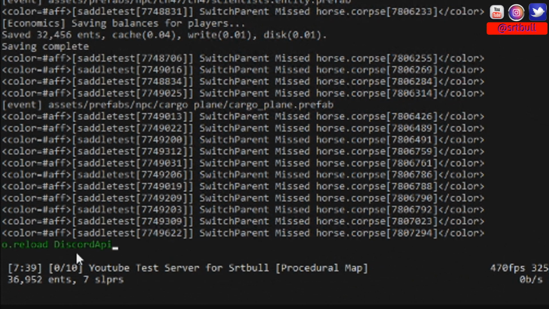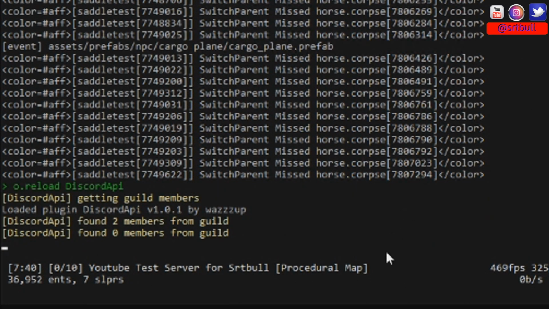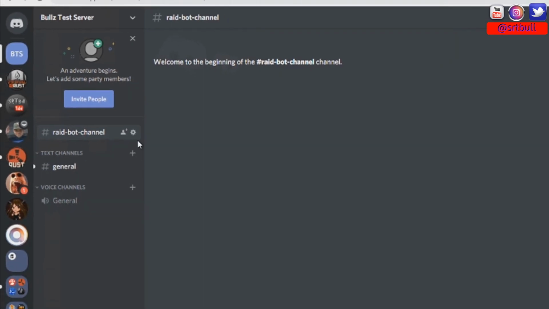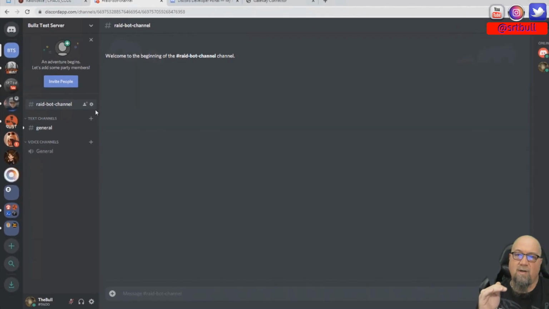We want to do an o.reload Discord API. Make sure you get the capitalization correct. All right, so there we go. And it has connected to our Discord and it has found two members, one being me, the other one being the bot. So we gave our bot their specified channel,